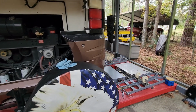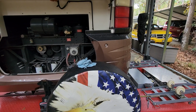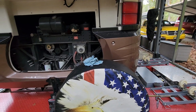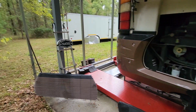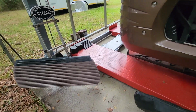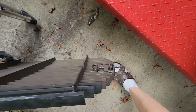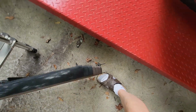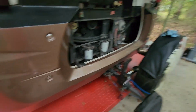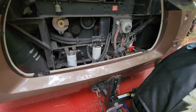So what I did next is I made a stop off the highway. I carry new fuel filters, so I took the ladder off, the grill out, which is very quick. It's all just pop in, and the grill has those little pins, so it just lifts out. And I always carry new fuel filters. So I changed the fuel filter,